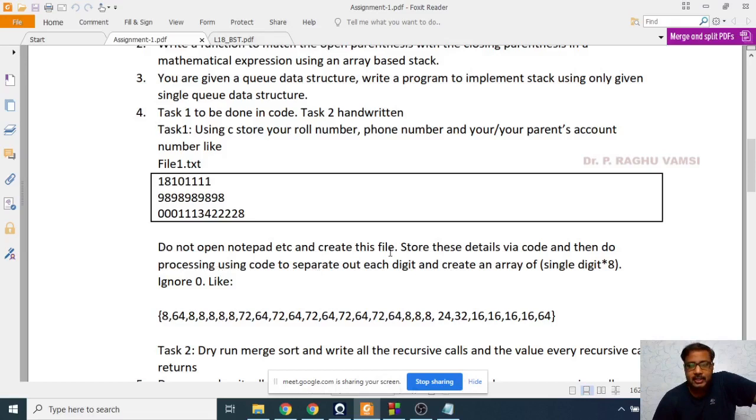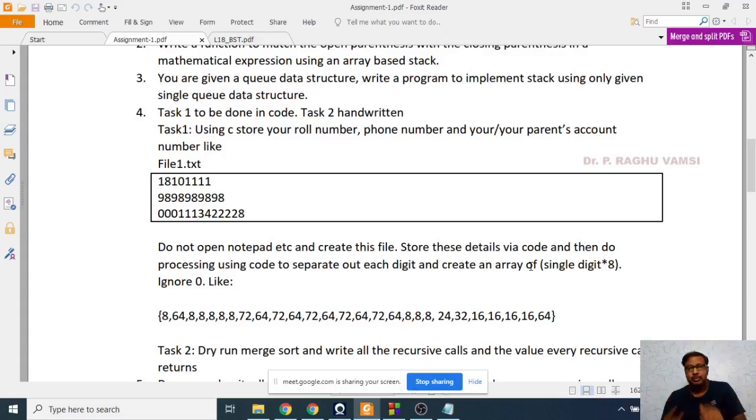Create the file and store these details via code, and then do processing using code to separate out each digit and create an array. Storing these details via code means the user will give the input and that input needs to be stored.